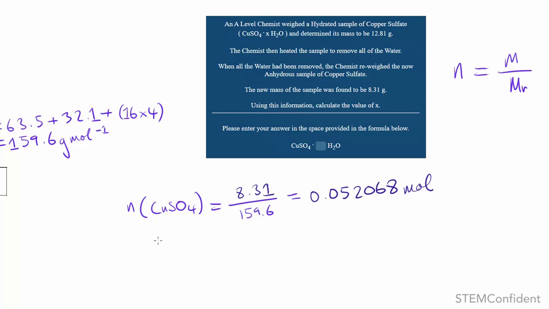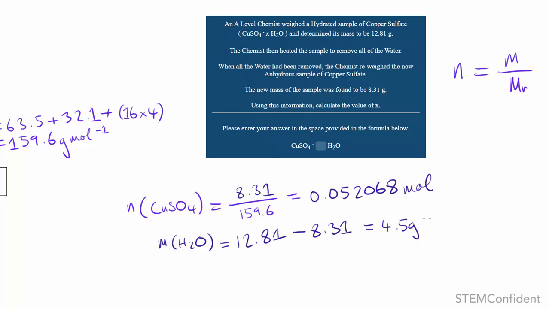So all I need to do is 12.81 minus 8.31, right? And that is effectively going to give you 4.5 grams,